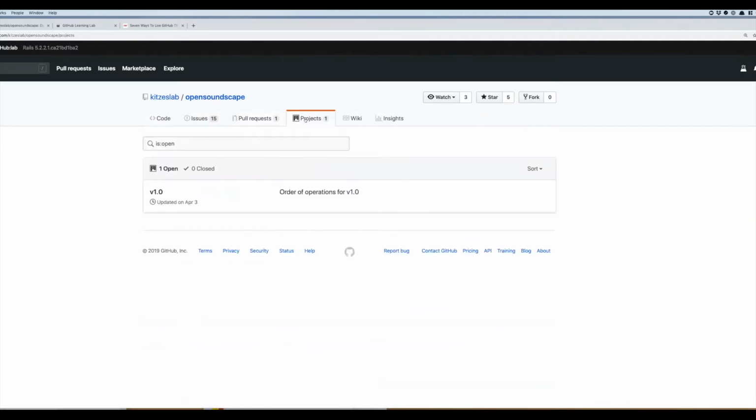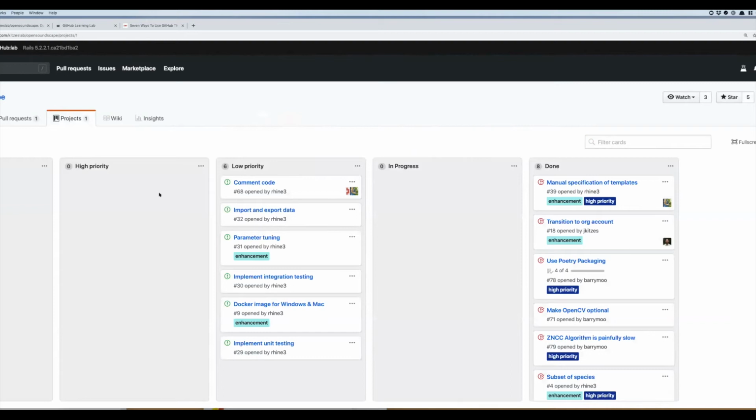Go over to projects. If any of you have ever used Jira or a similar project management or agile software tracking mechanism, you might be familiar with the look of this. This shows all of your projects, and it allows you to drag and drop them in between columns like in progress or done, the status of the project. So it's just a different way for you to look at how you're tracking your work and your progress towards your goals and keeping track of who's working on what.